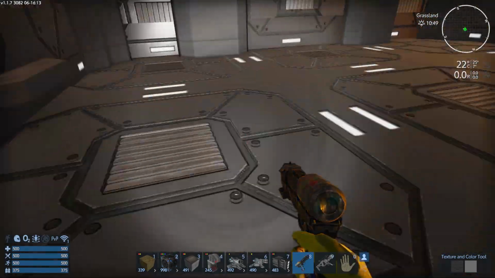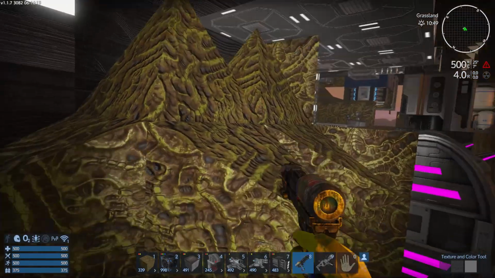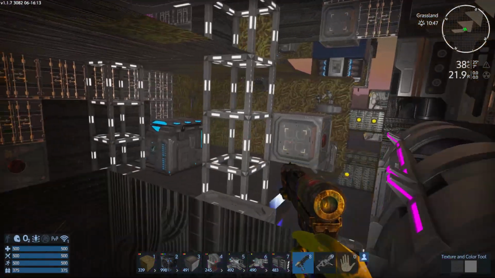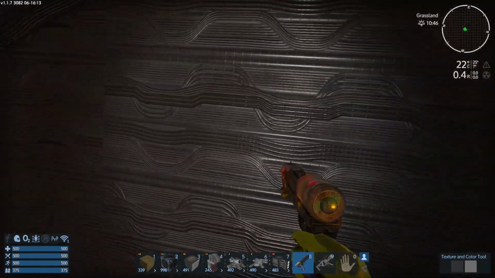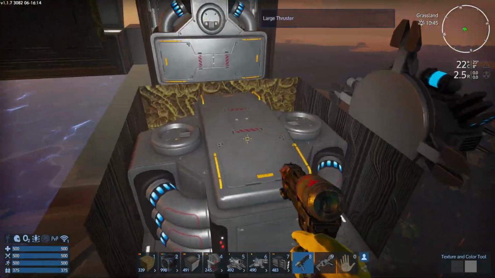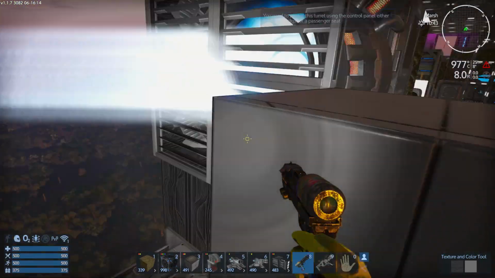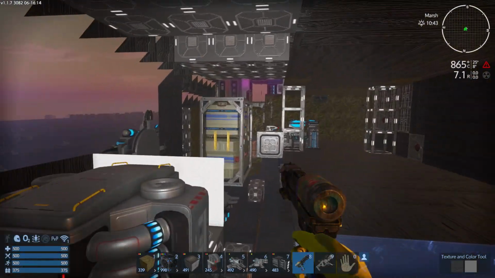So anyway, you would do that literally with the fuel tank. You would do that with the warp drive. You would do that with anything that you can see. Your thrusters, you could do it with. And, you know, so forth and so forth. Now,